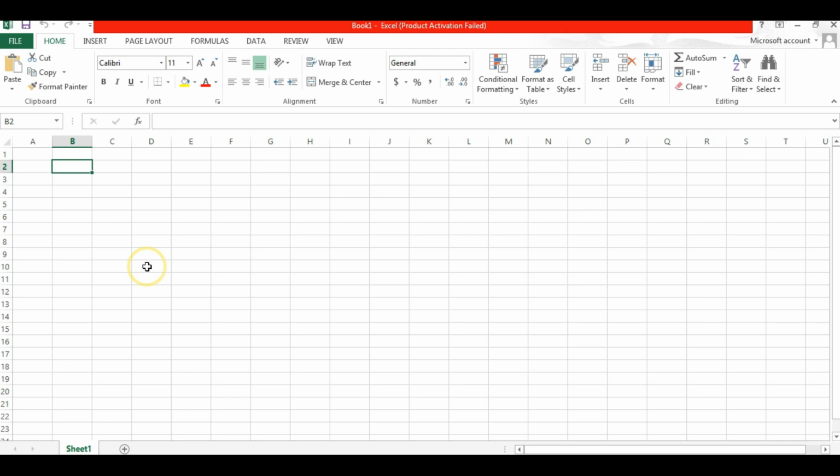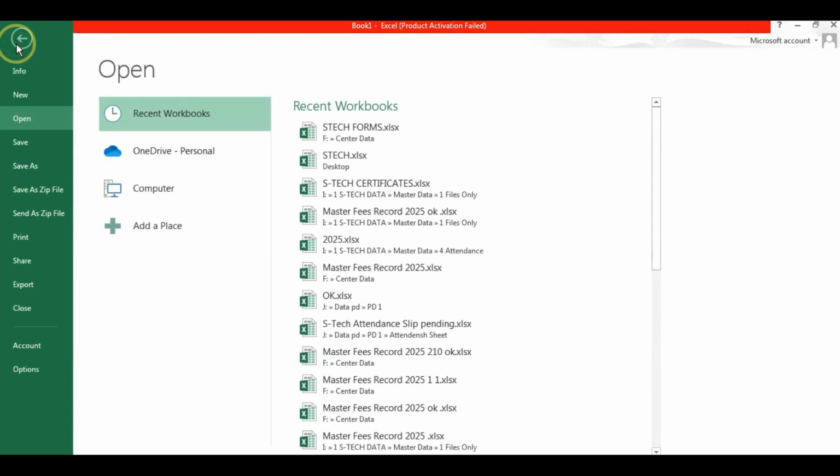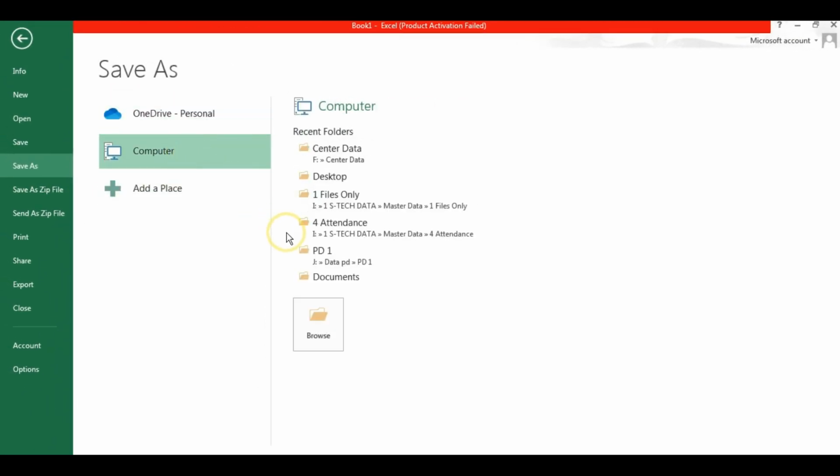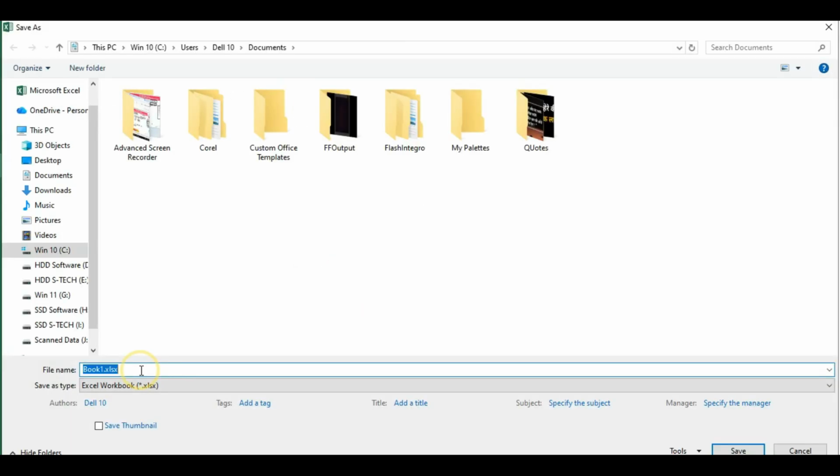Set your password for your file in Excel. First of all, you have to save your file. Click on File menu, choose Save, and choose your preferred location. In my case, I will choose Documents and write your file name here